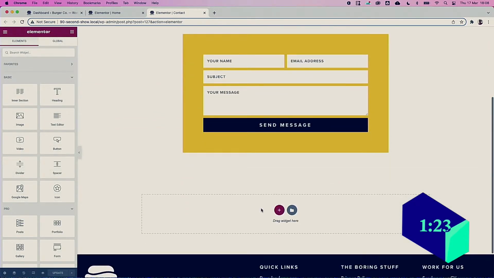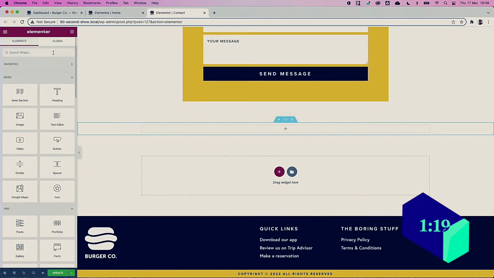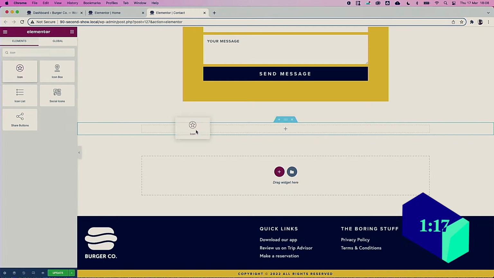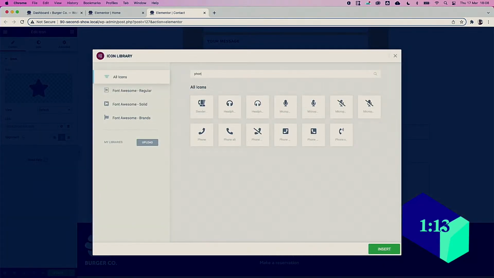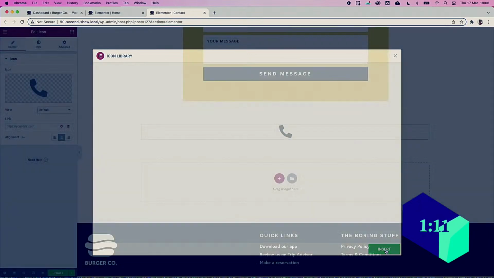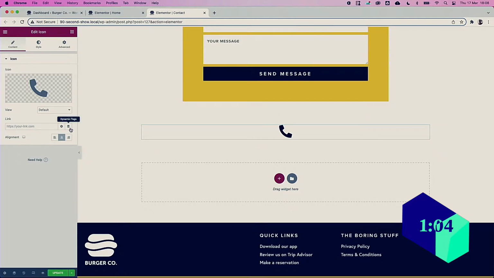So we've got a contact form. Let's add a new section like so. Let's do it with an icon because we can pop the icon in here. We can set a little phone icon like so. And what we want to do here is use the dynamic tags option like we did previously, but this time we are going to